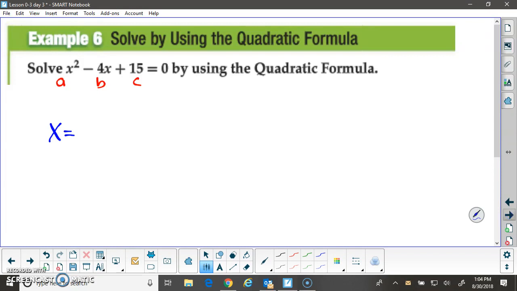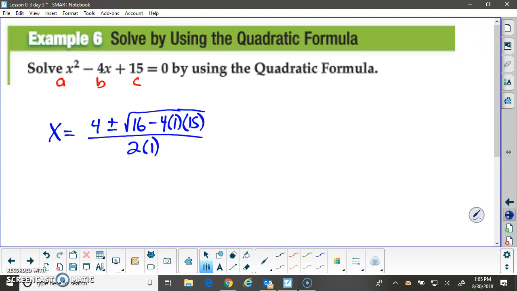So negative b would produce 4 plus or minus b squared would be 16 minus 4 times a times c, all divided by 2a. So that's setting it up. Now simplifying it, what I do is you have to realize that there's two terms in the numerator and one term in the denominator. So I'm going to take both those terms in the numerator and I separate them. So we have 4 divided by 2 plus or minus. We've got, let's see here, 16